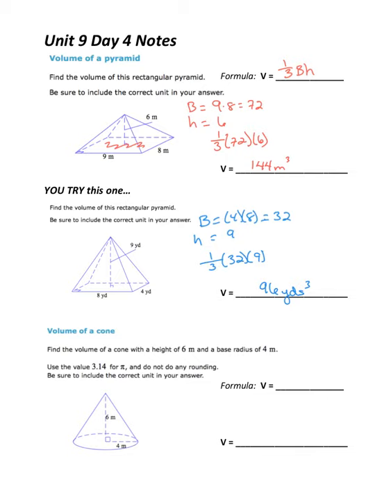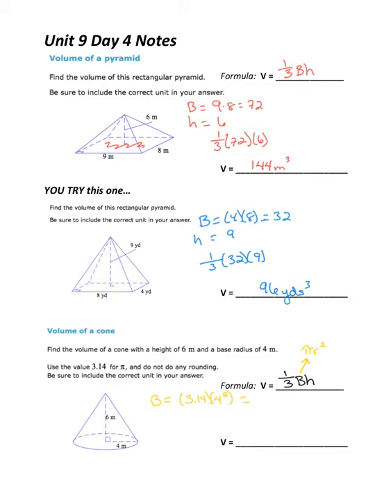Now we're going to see cones are the same thing. The formula is still the same. It's still 1/3 area of the base times height. But now, remember, the base is a circle. And you find the area of the base, remembering it's pi times r squared. So just remember that. All right, big B base equals pi, 3.14, times 4 squared, all righty, which equals, let's do